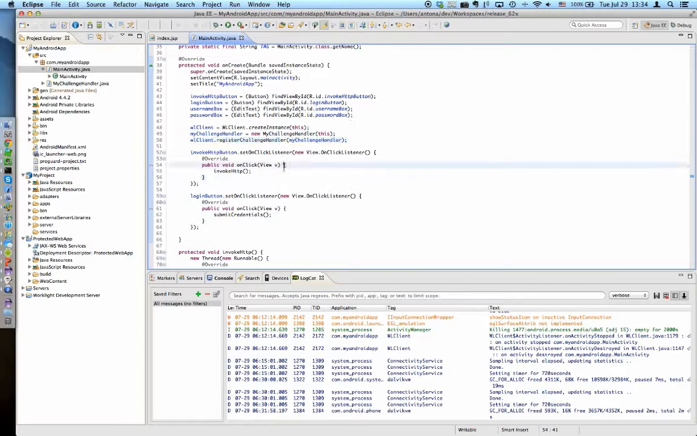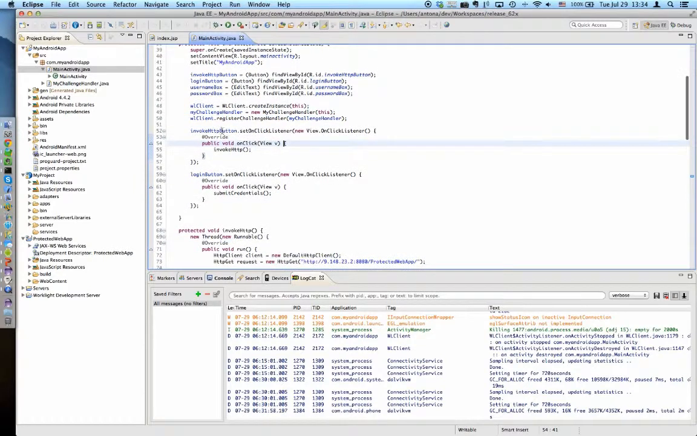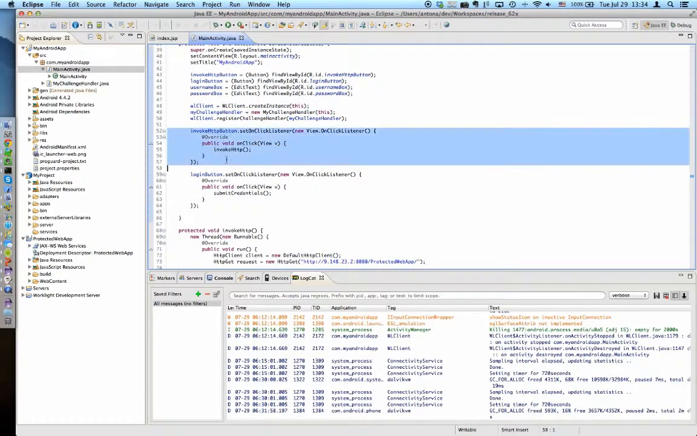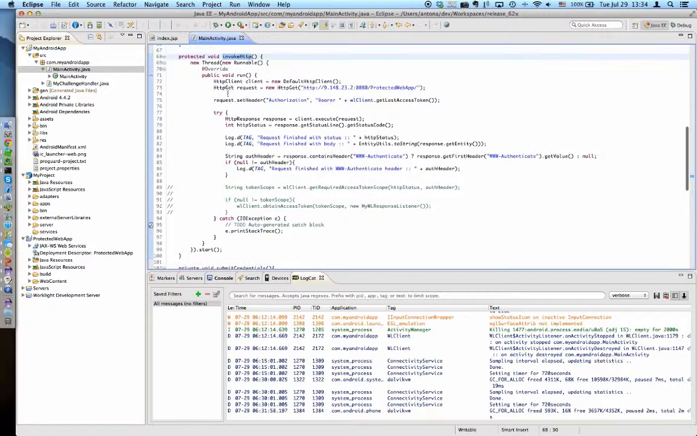Now things start to be interesting. The invoke HTTP button is the button that will actually invoke HTTP to my protected web application. So let's see what it does. Since you cannot make HTTP requests on the main thread, and I try to be as simple as possible,